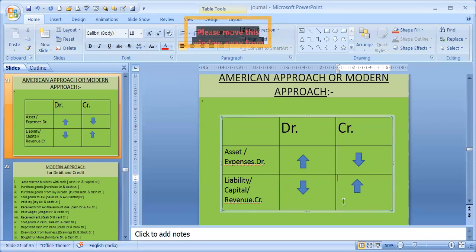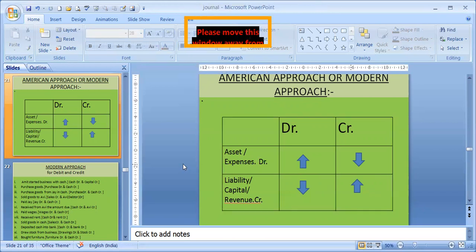And whenever the opposite thing happens, that means the debit balance has to be reduced. If the debit balance needs to be reduced, we will have to credit it. And if the credit balance needs to be reduced, we have to debit it. So the entire arrow, if you have to understand, it's very simple. Two arrows are going up and two arrows are coming down. That means asset, if it increases, goes up, that means debit. You have to debit the item. And if asset falls, decreases, then you have to credit the item. Similarly for liability, if the liability is increasing, we have to credit. And if the liability is decreasing, we have to debit.